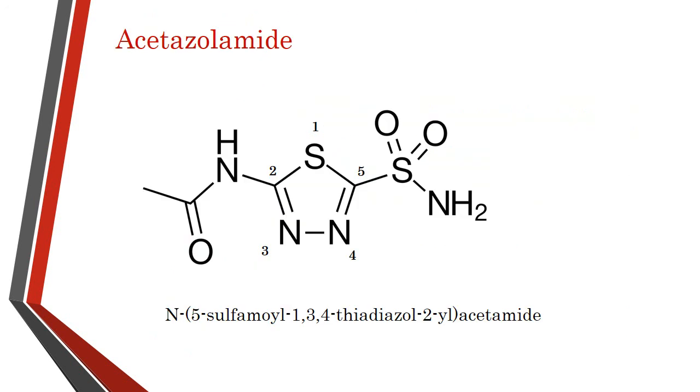Acetazolamide is an example of a site 1 diuretic. This is the structure of acetazolamide. The parent is acetamide, hence we write it at the end. This is the thiadiazole moiety. The numbering is as shown. So at the 5th position, the substituent is sulfamoyl. So we write 5-sulfamoyl-1,3,4-thiadiazol-2-yl. It is the second position which is attached, and hence it is 2-yl, and the parent is